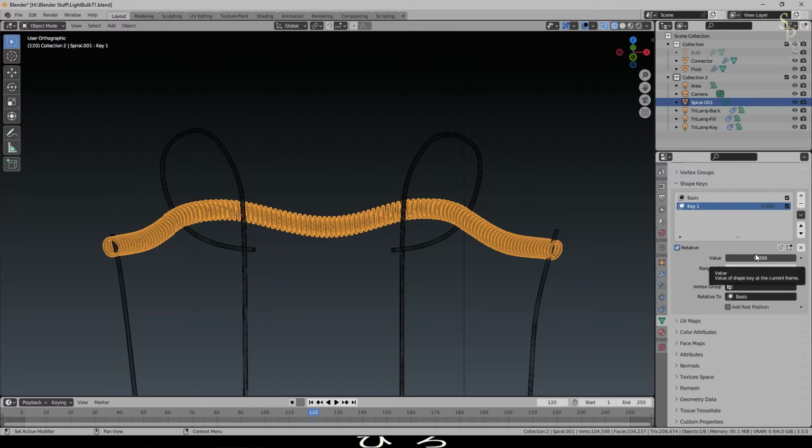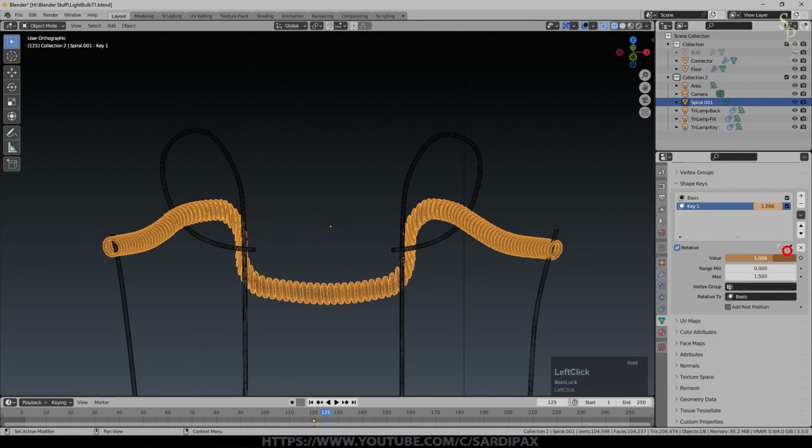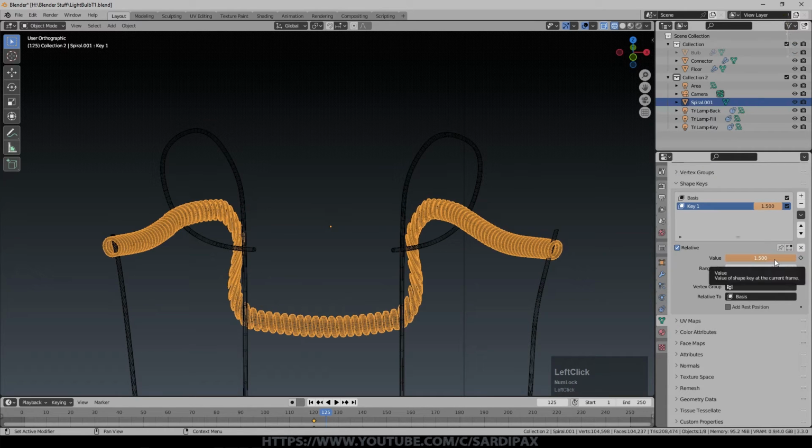So hovering my mouse with key 1 selected over value, I'm going to press I. And I want it to break fairly quickly, but not instantly. So perhaps if 25 frames is a second, we obviously don't want it to take anything like that. Perhaps quarter of a second, something like that. So perhaps over, say, 5 or 6 frames. We'll go for 5 frames for the moment. We can always change it later. I've moved out 5 frames and I'm now going to set that value up to max and press I again.